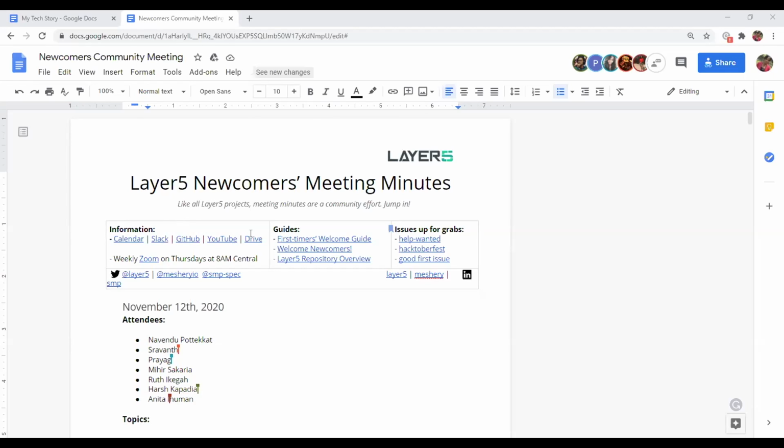Then you have the Google Drive. If you click on this part, it takes you to the Google Drive where you get a whole lot of resources on every detail you need to know about Layer5. Also we have the Zoom link attached here.